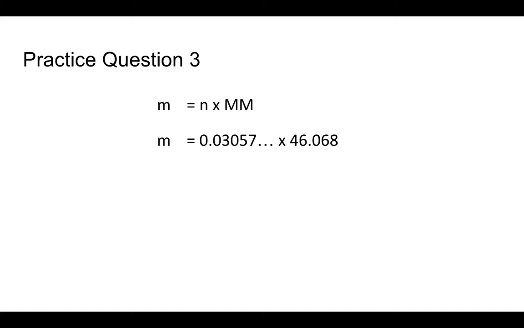And then I simply have to rearrange the equation for mass, which is equal to number of moles times molar mass, knowing the formula for ethanol, which is C2H5OH. That gives us a molar mass of 46.068, and a total mass of ethanol combusted of 1.408